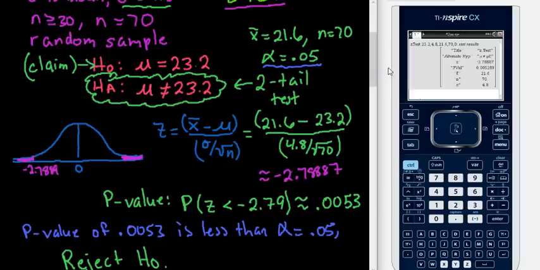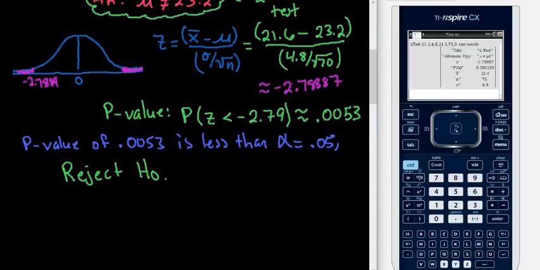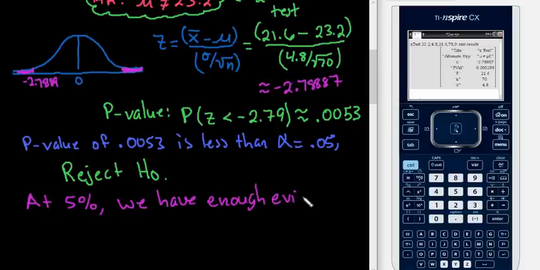So since we're rejecting the null hypothesis, we are rejecting the claim. So the way that we would write our answer, we would say with 5% level of significance. I cannot type. I'm going to just scrap this and say at 5%. We could say with the confidence level, you could say at alpha equals 0.05. There's a lot of different ways of saying this. We're just going to say at 5%, we have enough evidence. And this really is strong evidence because it's so unlikely to happen, but we have enough evidence to reject the claim